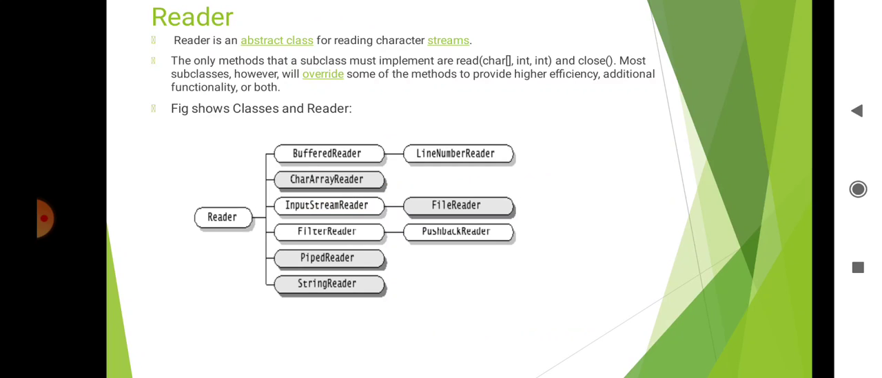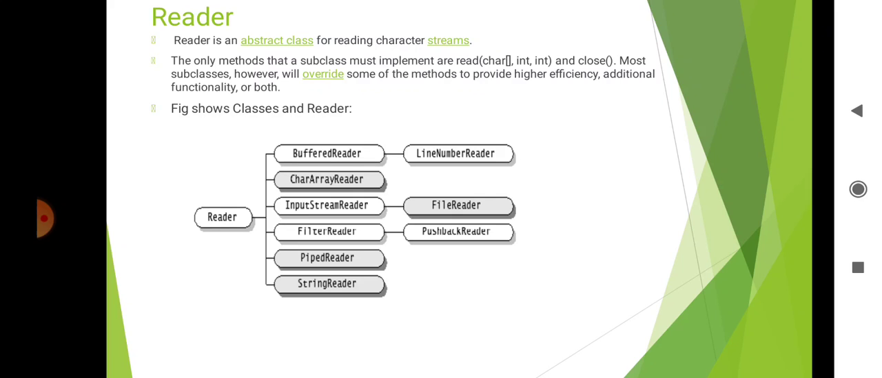This is the base class of character oriented input stream, and it provides the methods to read a sequence of Unicode characters. Reader is an abstract class for reading character streams. The only methods that a subclass must implement are read(char[], int, int) and close. Most subclasses, however, will override some of the methods to provide higher efficiency. Additional functionality is also available. Then it shows the classes and